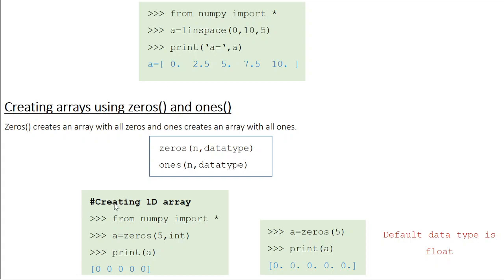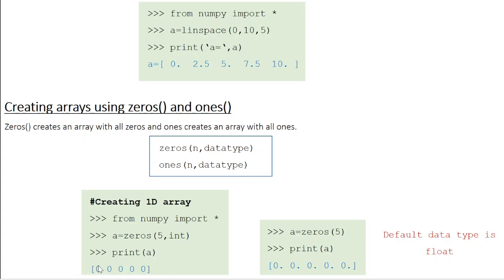Let's first see how to create a one-dimensional array. From numpy import star, a equal to zeros 5 comma int. So basically I need to create a one-dimensional array having 5 elements, and all the elements are integers. Zeros means all the elements are 0. So when you print a, this is how the output is going to be.